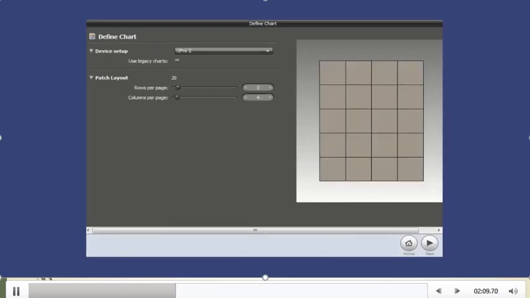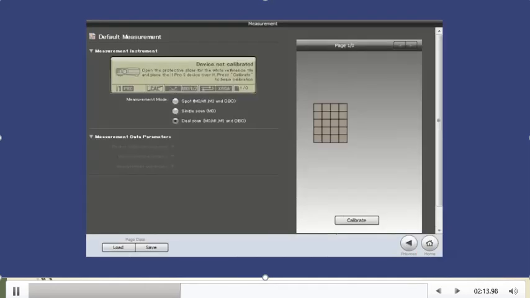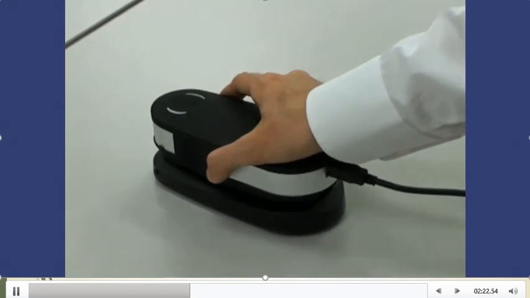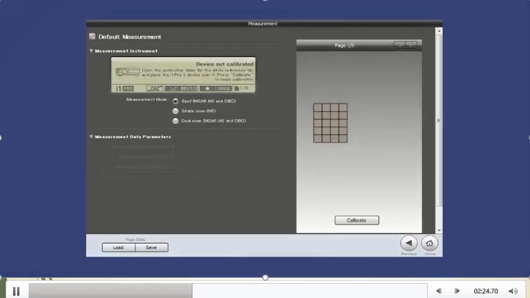It is 5 and 4 actually. Now I'll show you how your test chart looks like. This is our measurement tool i1Pro 2, and then we will start calibrate.